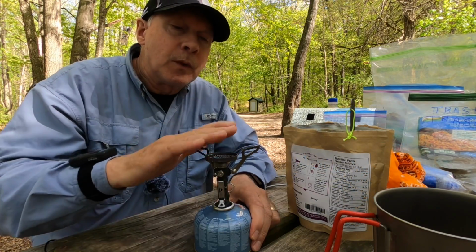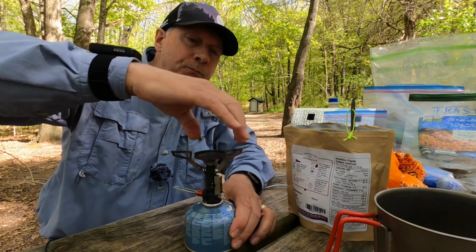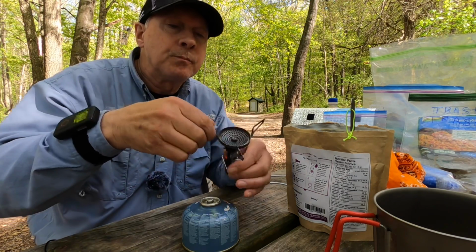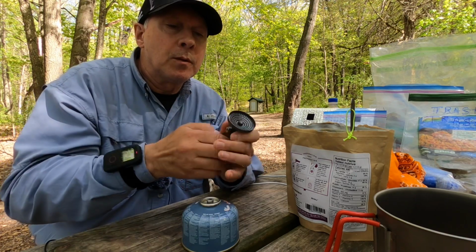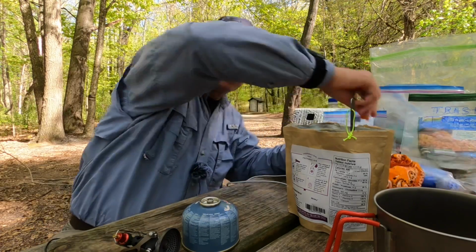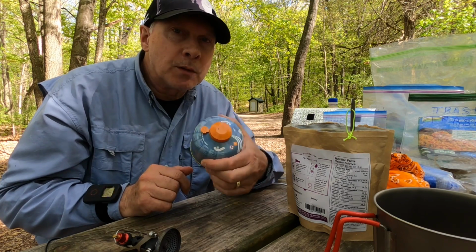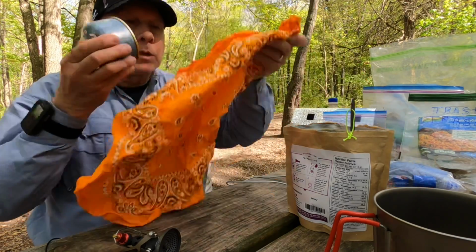Once the stove is cooled down, you just unscrew it from the can. This folds back under, these fold down. So now it's all compact. And you put the cap back on the can. The reason why you do that is because there's threads and it protects the threads from getting dirt and stuff in them. So now all I do is take my bandana